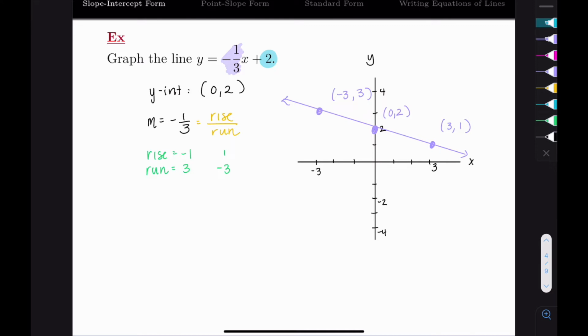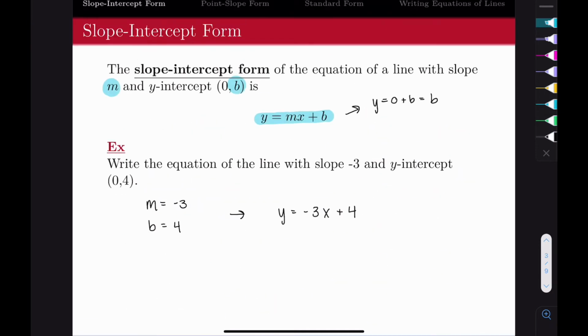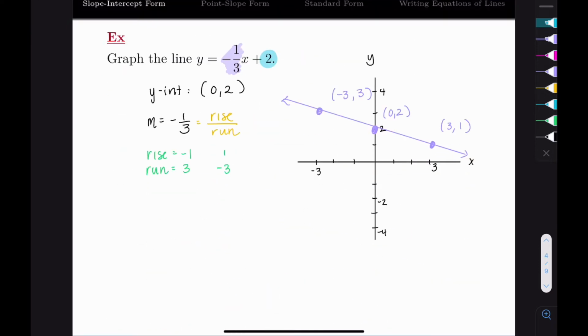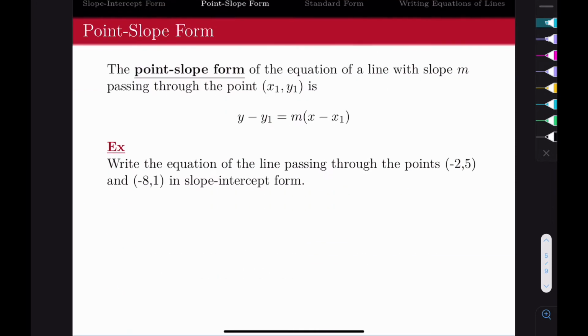The problem is, if we're given certain characteristics, then yes, I can write this line. But here, I had to know exactly what the slope was and the y-intercept was. Most of the time, you're not going to be given that. Instead, you're just going to be given some point, or maybe two points, and have to come up with the slope. But if I don't know the y-intercept, I just can't jump into writing the equation. So point-slope form is going to be really useful for actually creating the line, and then we'll want to manipulate it